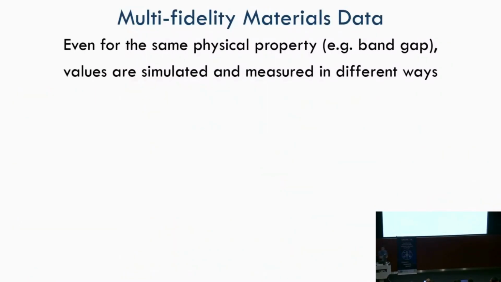Okay, so last 2 slides, I'll try to pull this together. I think the challenge when it comes to data in material science is, one, that we have a multi-fidelity problem. Even if you're just interested in one physical property, and I'm putting bandgap here because I think Haiping has been interested in bandgap datasets, bandgap is a property of a material, but it can be simulated and measured in different ways.